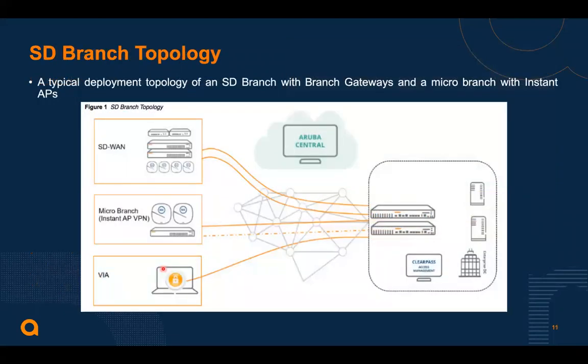Moving on to SD branch topology. So this is a basic topology just to give you an idea of how an SD branch solution would look. So we have Aruba Central, which is the cloud management front end for the user. And there will be a DC, data center, where we have a certain set of servers or VMs that the users on the branch end would be needing to access. And we have switches and